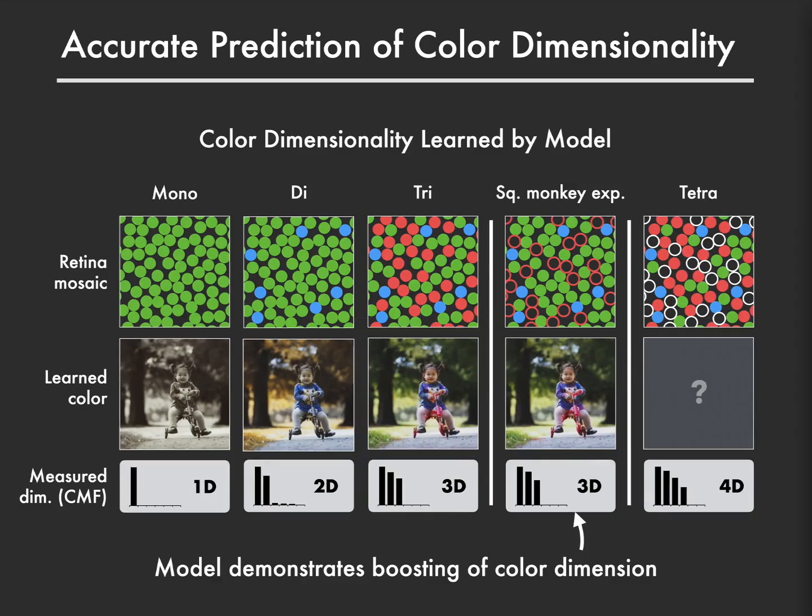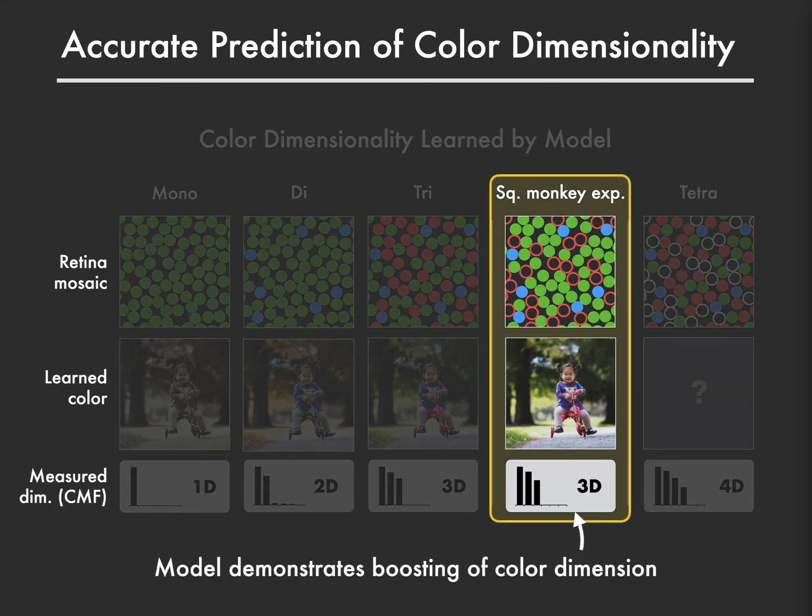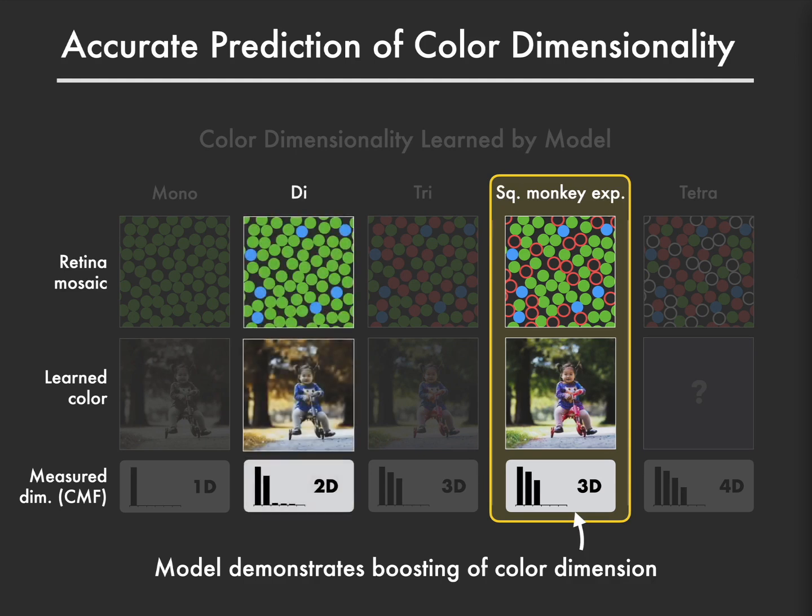In addition, the squirrel monkey experiment with the gene therapy boosting is something we can model here as well. The simulation goes like this. First, we actually start training with a dichromat mosaic, this protanopia retina, as in adult male monkeys. And after that's converged, then we change some of the cone cells to the third cone type to simulate the effects of gene therapy.